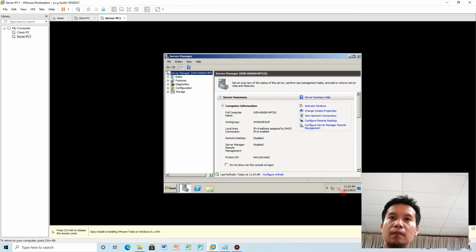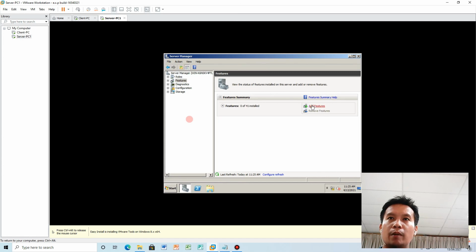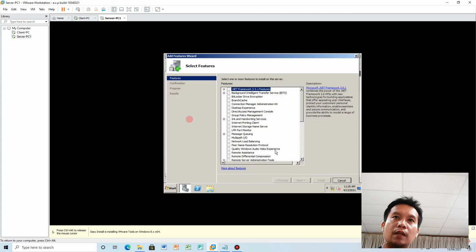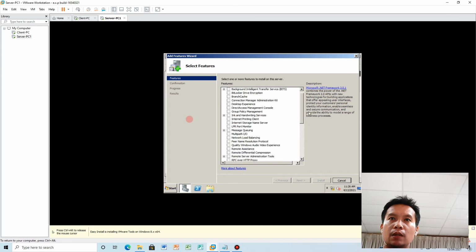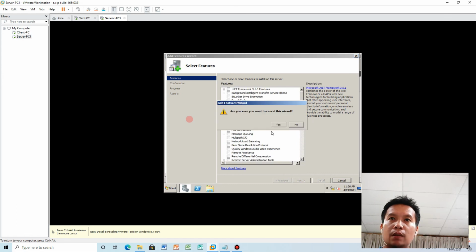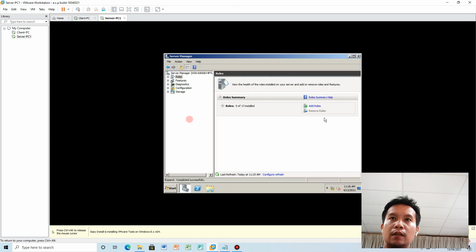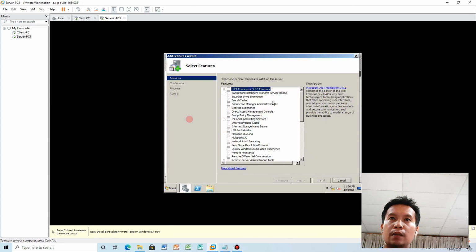Yun po yung discussion natin next time, okay, including of course the setting of the different features of our server, okay, like we have here the different features, no? Okay, so ano ba yung mga kailangan nating idagdag na features dito, ano ba yung mga kailangan nating install na features, okay, for our server, in order for the server to provide the needed resources by a client. Okay, so yun yung mga yan. Or how are we going to add the different roles? Okay, ano ba yung mga roles dapat natin na kailangan? Okay, or features. So add features lang tayo. Then after that, ayan, okay, group policy management, ano ba yung mga kailangan natin? Okay, SMTP server,